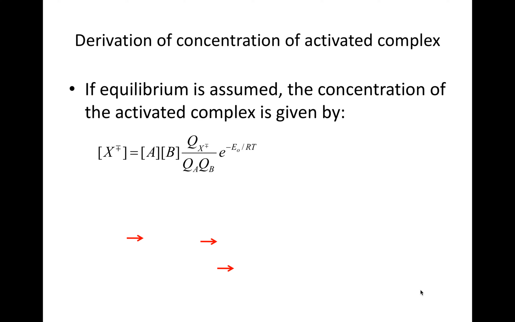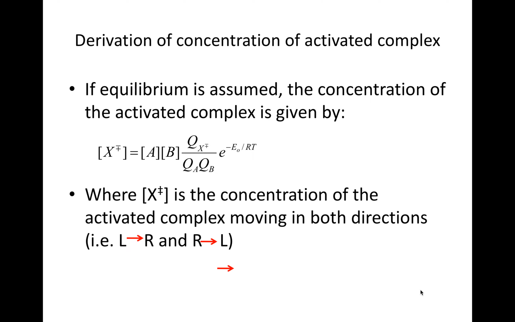Derivation of the concentration of activated complex. If equilibrium is assumed, the concentration of the activated complex is given by, as looked at before, X double dagger is equal to A times B times QX double dagger over QA, QB times e to the minus E naught over RT,